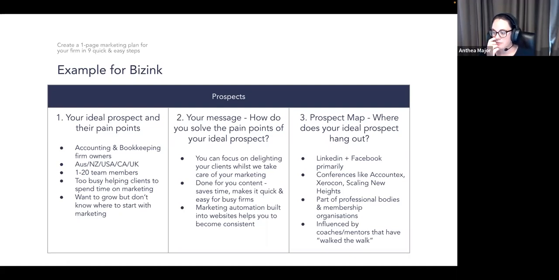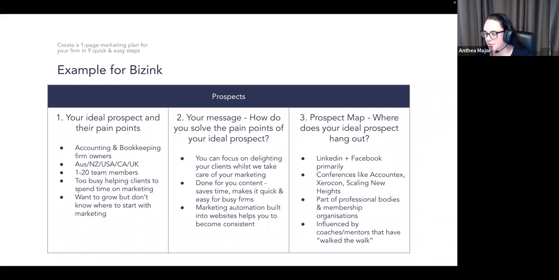But the message from us is about focusing on your clients and the stuff you enjoy and growing your business, and we'll take care of marketing and stuff like that. I see a lot of people using similar messaging. You do this, we'll handle this stuff you don't like. We have done for you content, marketing, automation. So it's really about identifying the main pain point of time and often not liking marketing. So that's how we communicate, how we solve it as well.